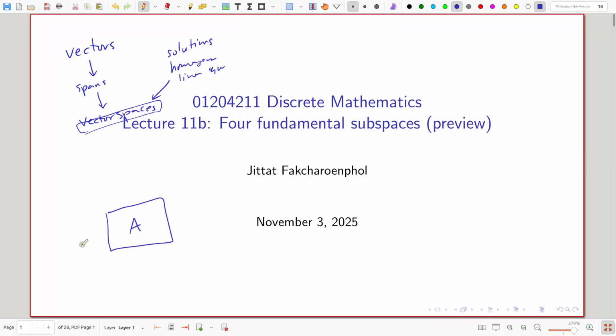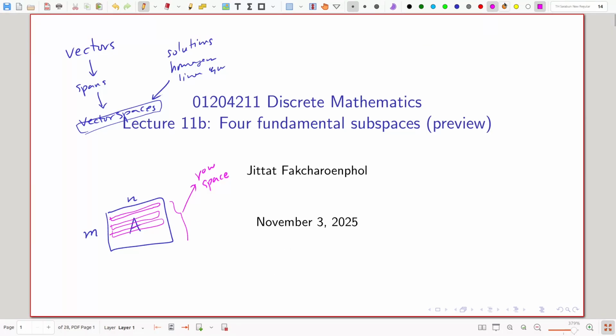If you have a matrix with m rows and n columns, you can have m row vectors. When you have a set of vectors, you can take its span, and you get a vector space. If you take the span of the row vectors, you obtain what we call the row space.